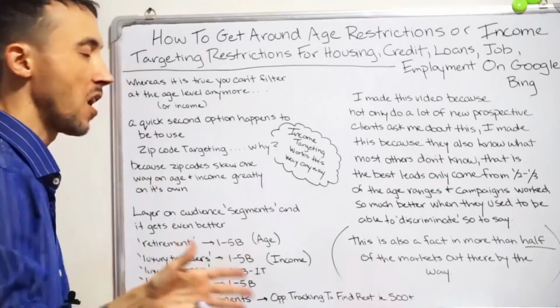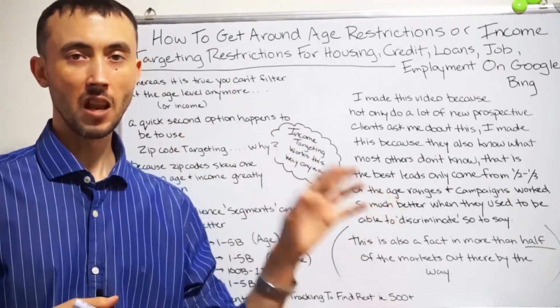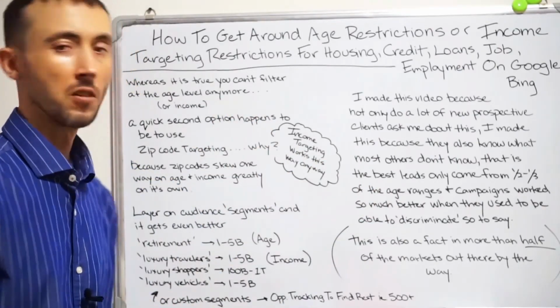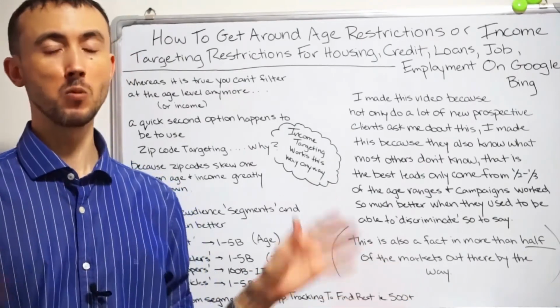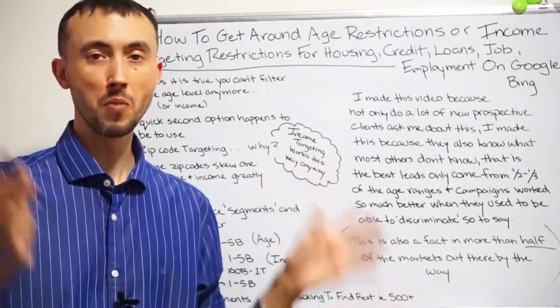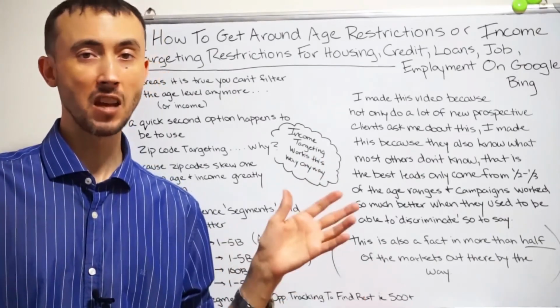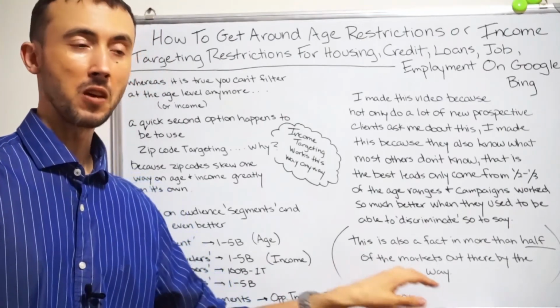So this goes beyond, my point is, the age and income demographic targeting that this video was specifically about. You can use these audience segments to make a lot more money with any kind of search campaign, and something that frankly virtually no people are doing. And if they are doing it, they're just doing it really haphazardly, randomly. You do this right, you're going to get a good amount of profit for your campaigns.